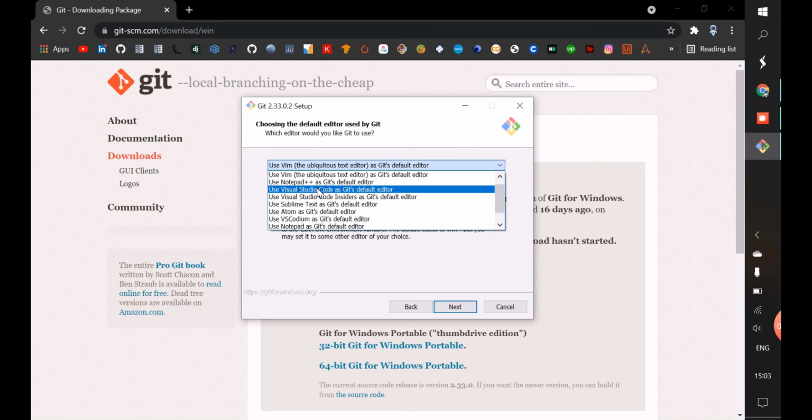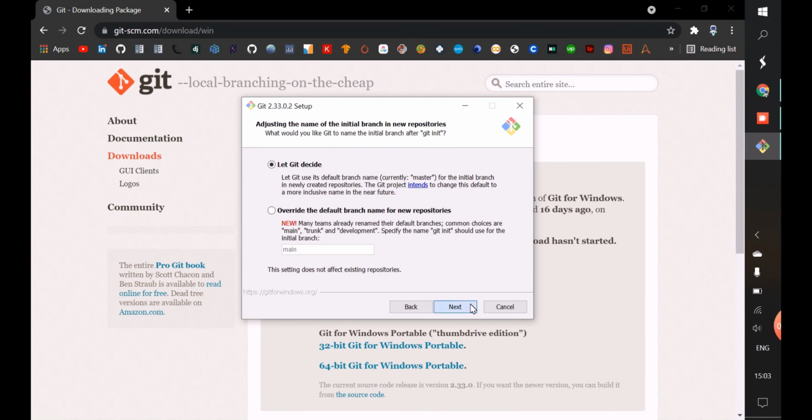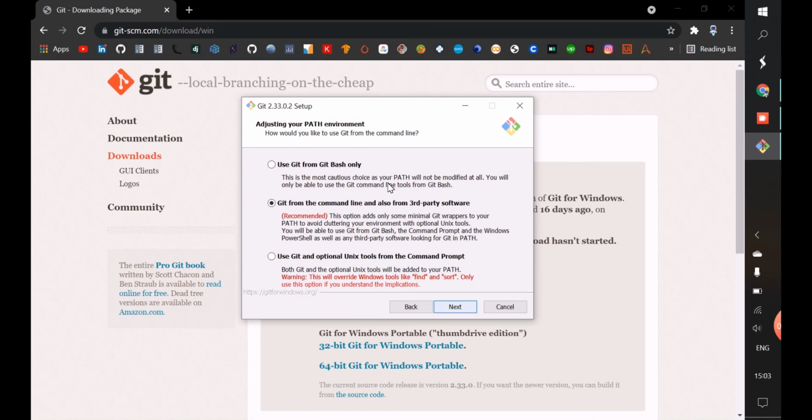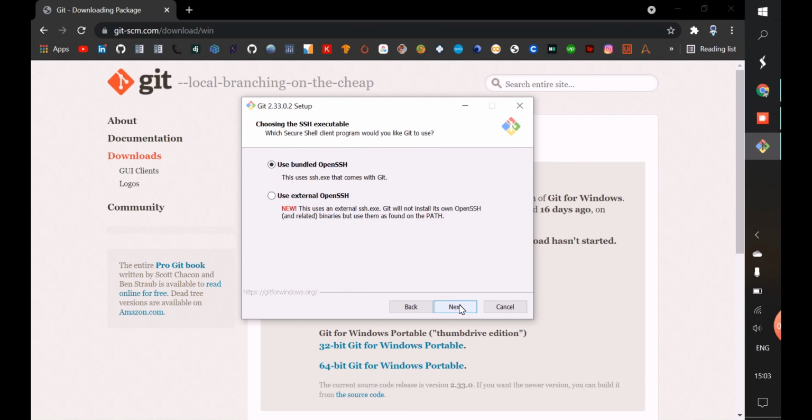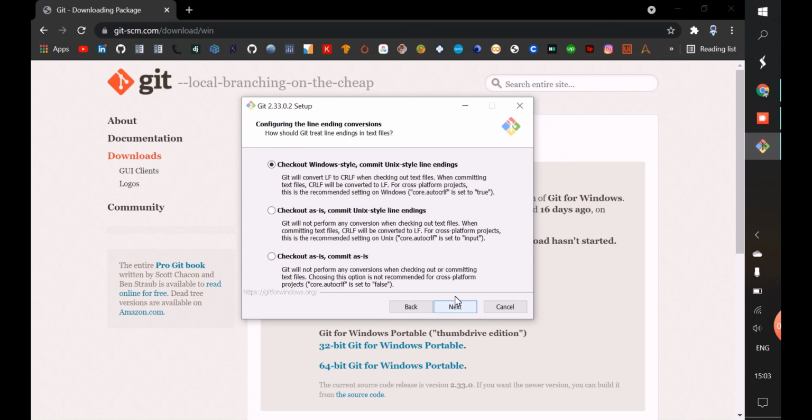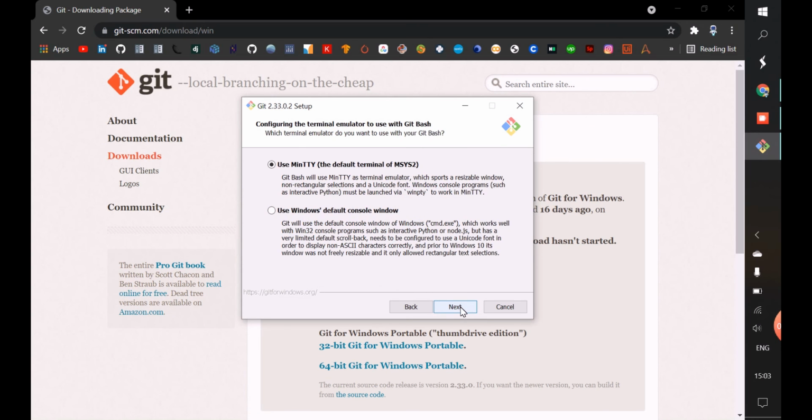Then select use Visual Studio Code as Git's default editor, then next, keep it default, next. Your path, keep it default, next. Keep it default, next. This one also, keep it default.